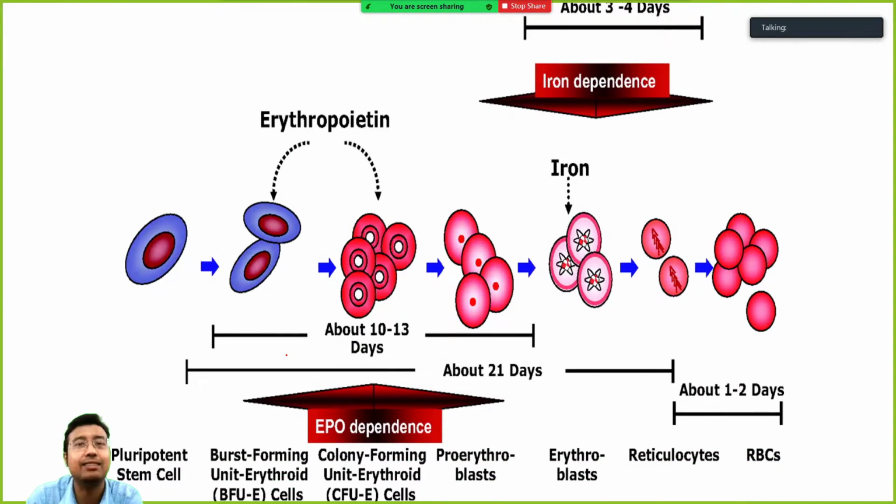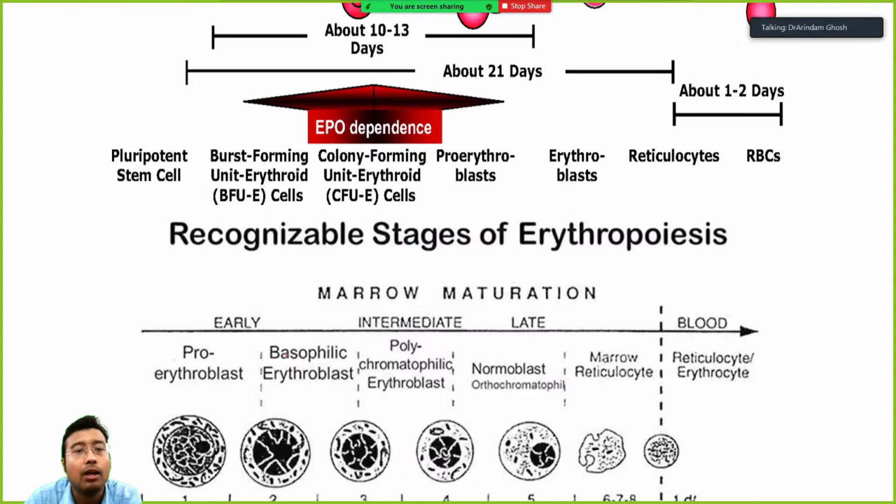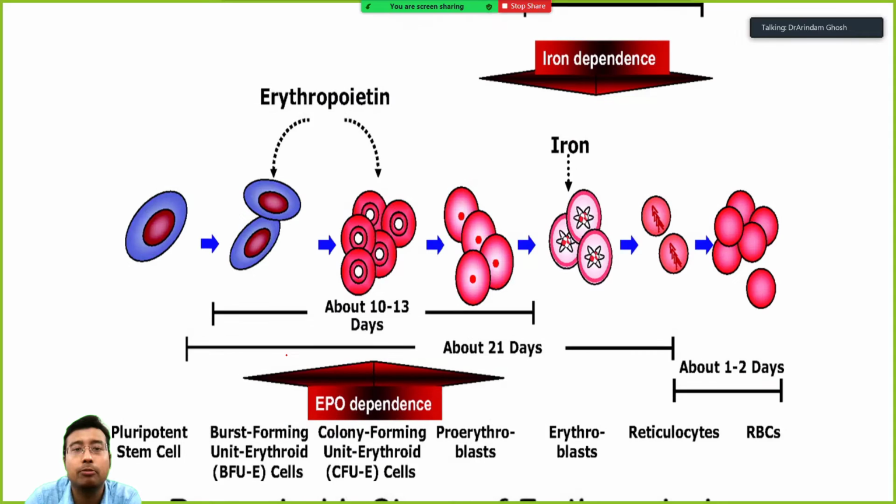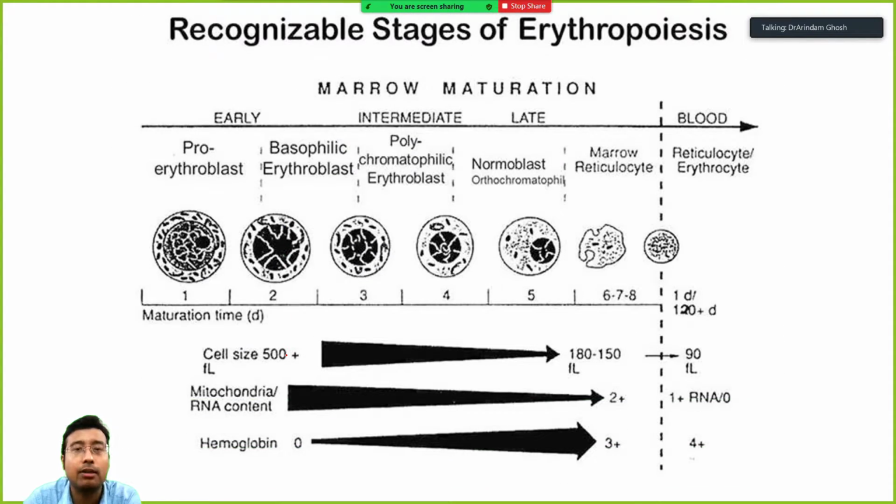Okay, so this is a picture that you will get in all physiology textbooks. Sadly or happily, there is no biochemistry involved in that. This is simply how RBCs are synthesized one after another, how many days it takes, what are the colony forming units, when it is iron dependent, when it is iron independent. So all of them you will be finding in your physiology textbook, and I am sure this will not be asked in any biochemistry exam. But since we are studying hemoglobin, I have to include this in the slide, without which the study of hemoglobin will be incomplete. Okay, so just remember the stages of erythropoiesis for physiology.